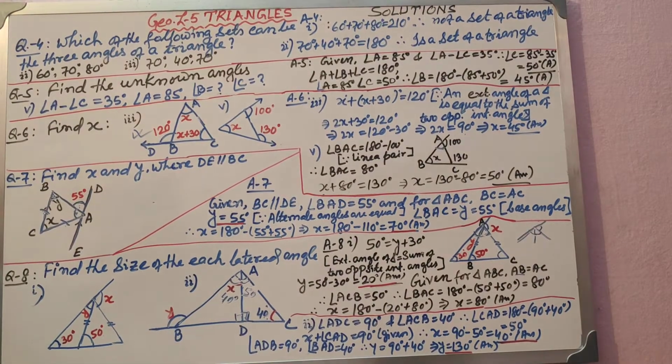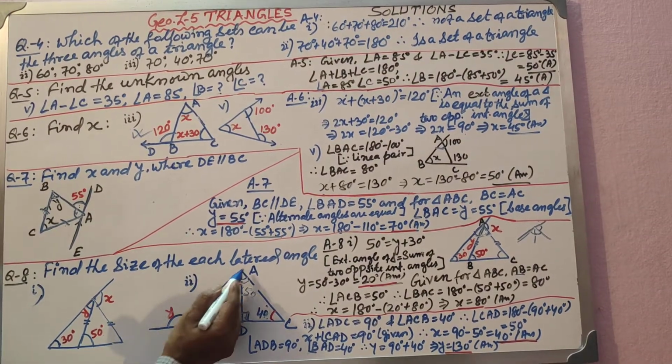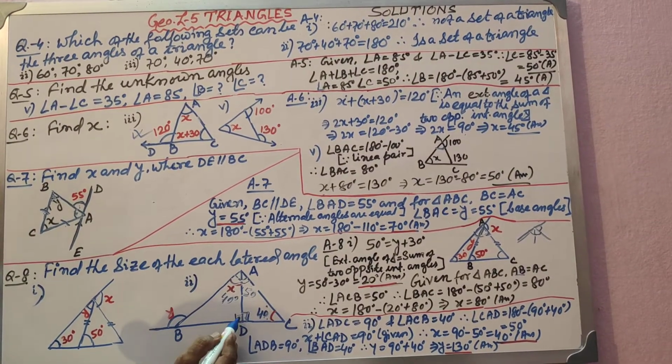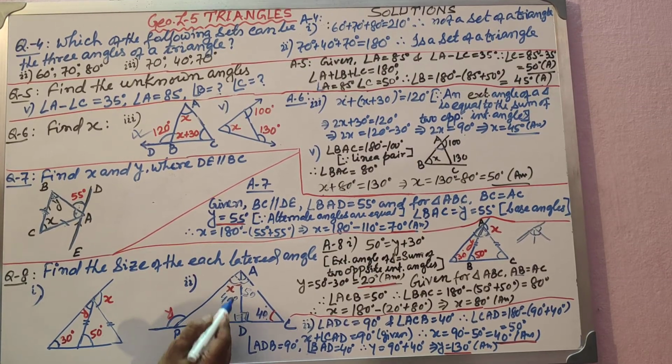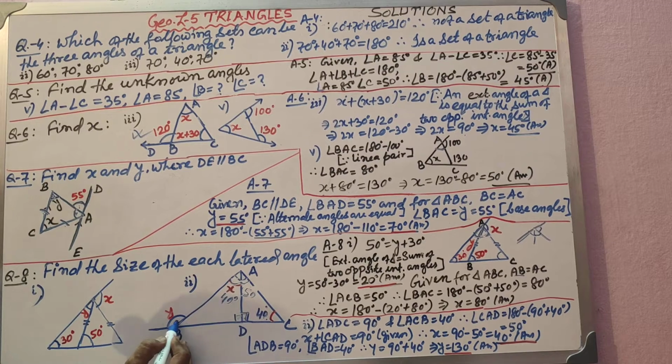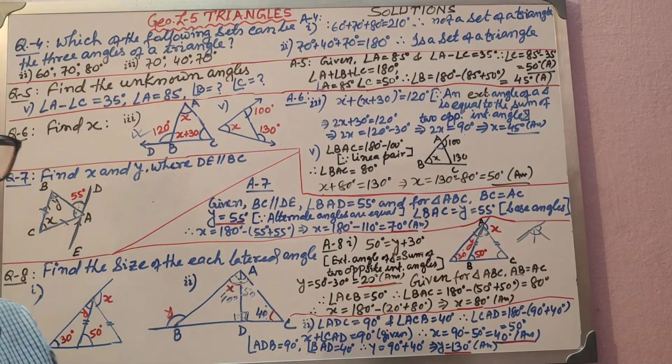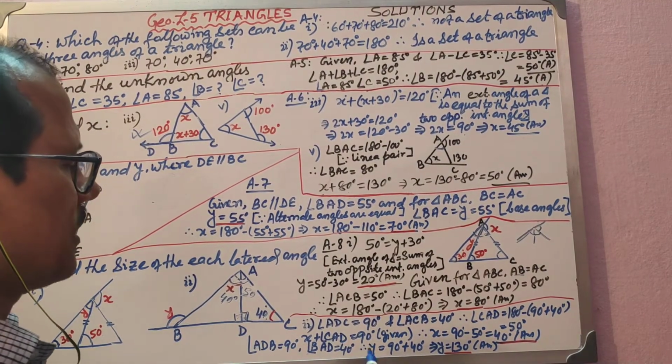Now see y. y can be the exterior angle of this triangle. So this is 90 degree already because the other side is perpendicular. This side also will be perpendicular. So the summation of these two will become y, isn't it? Because the exterior angle is equal to the sum of the opposite two interior angles. That is what you have done.